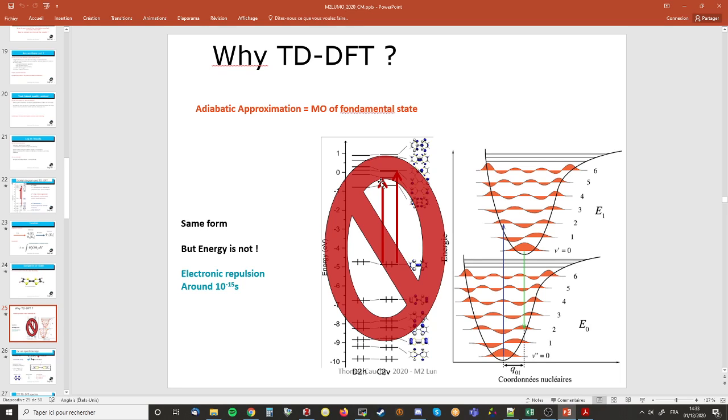That means that if you have a transition that is 100% HOMO to 100% LUMO plus 1, you can draw an arrow, but you don't just look at the energy